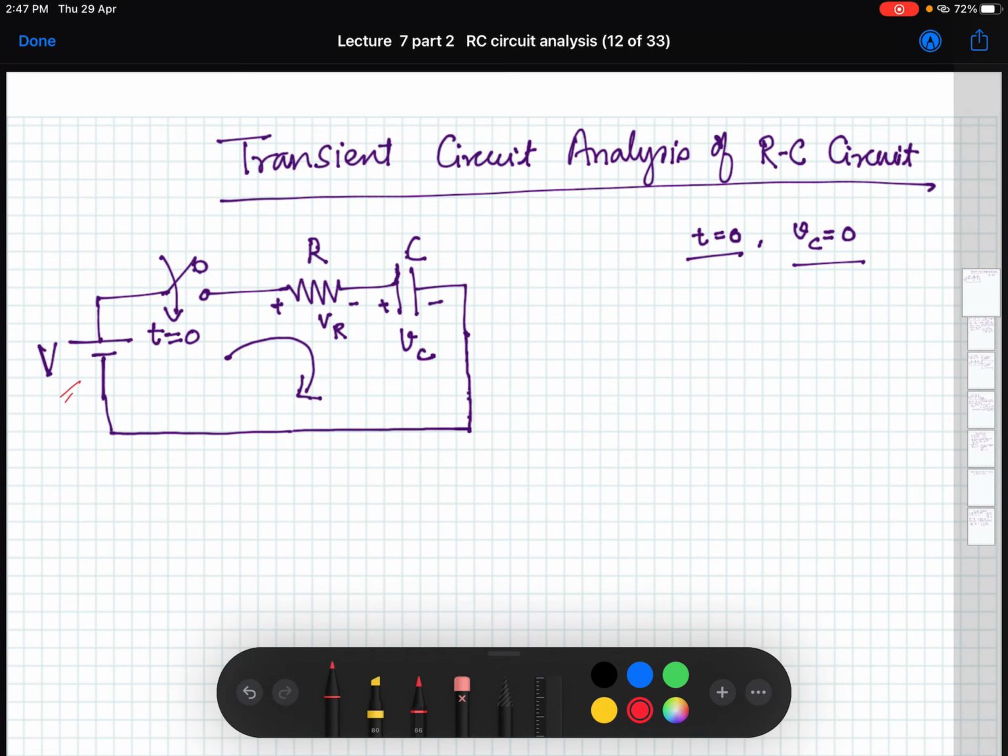and then a switch here which closes at time t equal to 0, and this is a resistance, and there is a capacitor. So let us see first that the capacitor has to charge as soon as the switch closes, okay, because as soon as the switch is closed, the current will start flowing into the circuit and will start charging the capacitor. Initially, just before throwing the switch on, the capacitor charge would